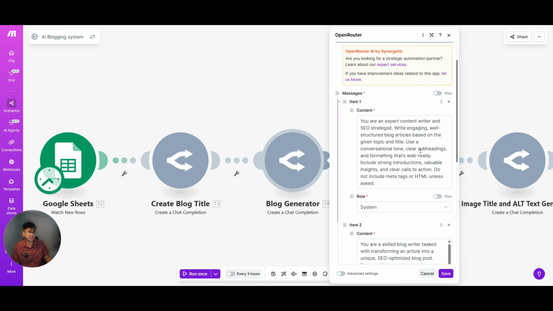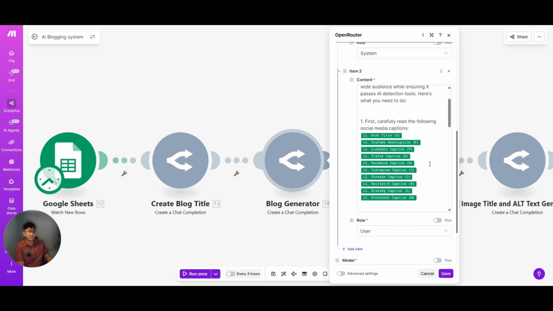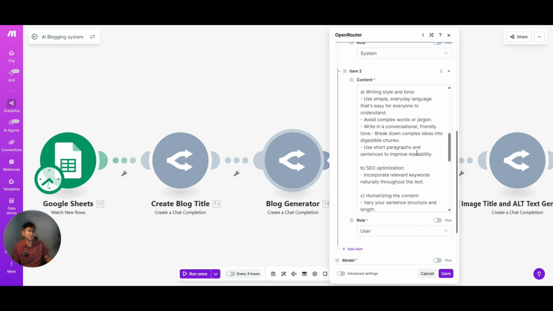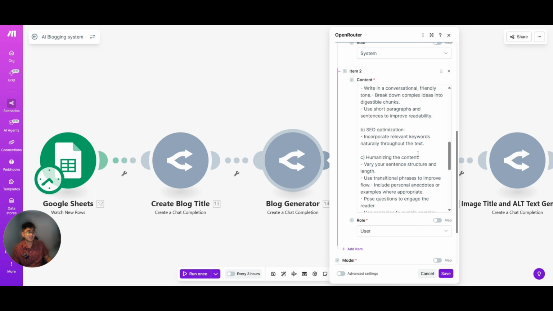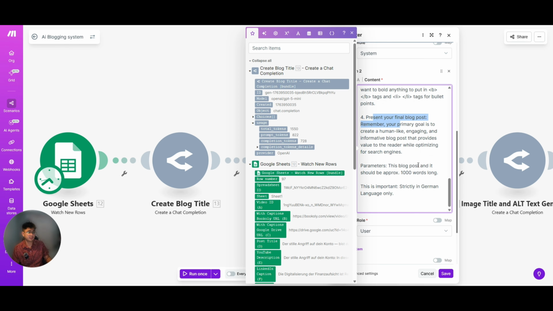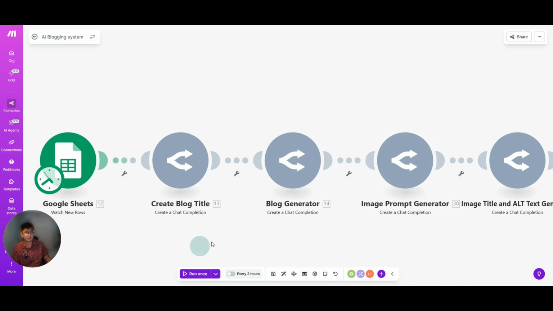So basically, I have this system prompt and the user prompt where I paste what this AI will be basing its generated blog post on. So this is my prompt. This is very specific. I ask it to sound more human. I add the formatting rules, the presentation, the parameters, and lastly, to be in German language. I also use GPT-5 here.